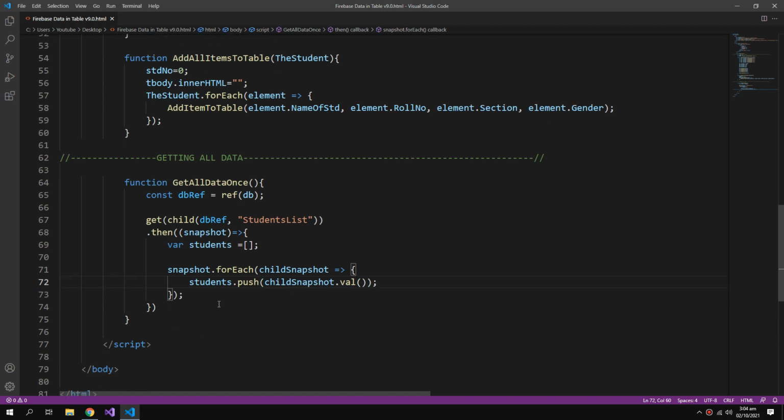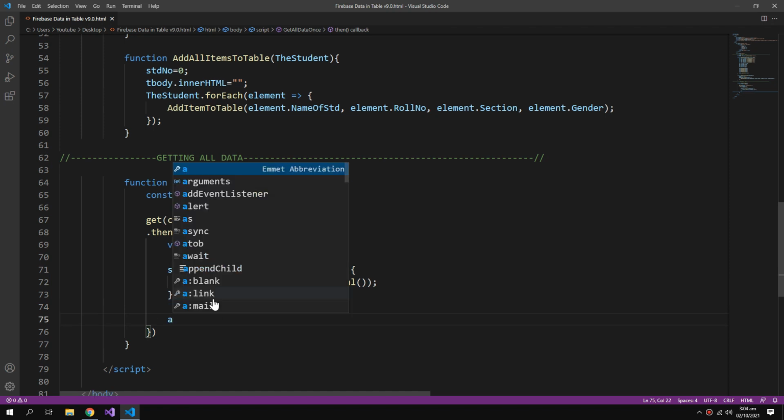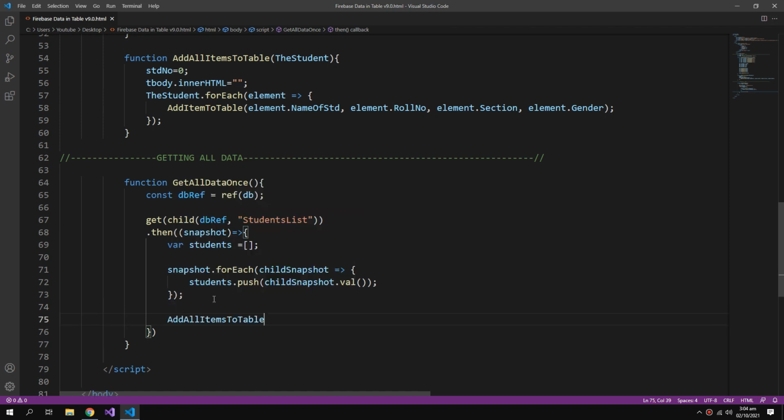So after all of the records are added from snapshot to my students array, I can fetch them out into the table by using addAllItemsToTable and pass the students array. So it will take care of the rest.